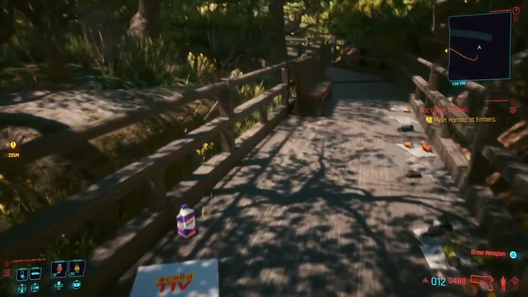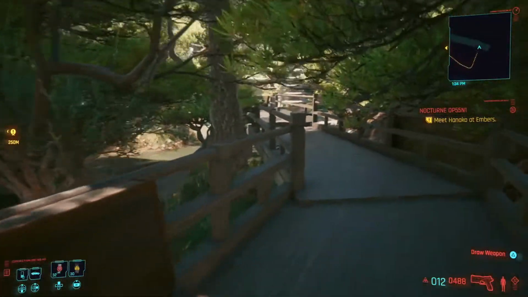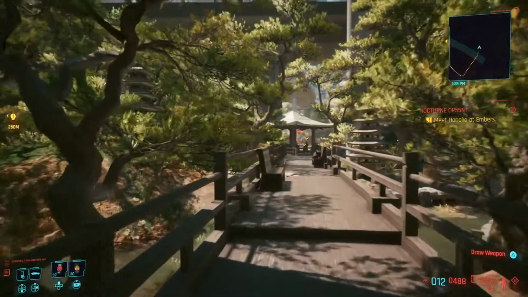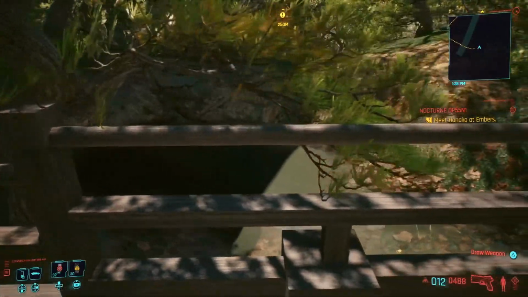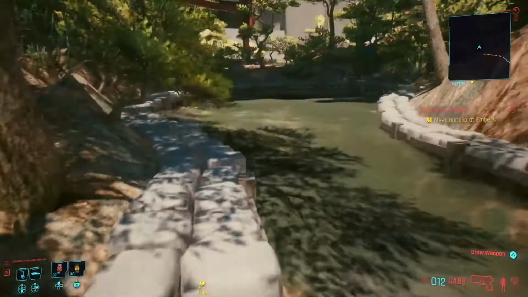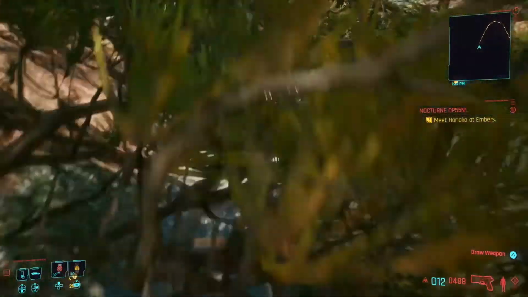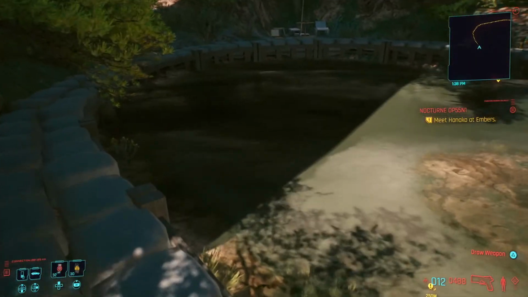Even along these pretty trails you've got litter all over. It really adds to that lived in feel. A little stream. I love the water physics in this game. The Witcher 3 had good water physics as well, but I don't know, there's something more cartoony about the water in CD Projekt Red's games. I don't quite know how to describe it, but